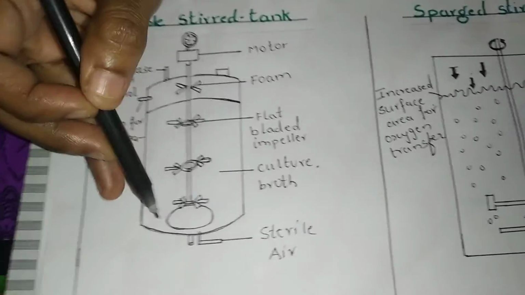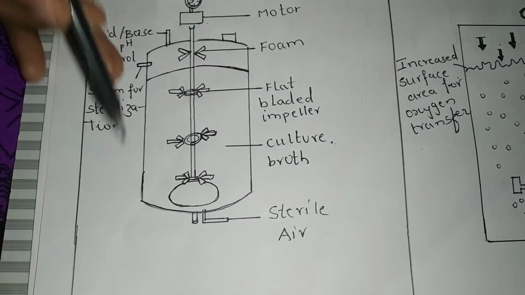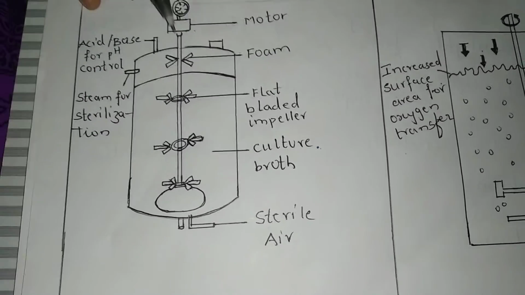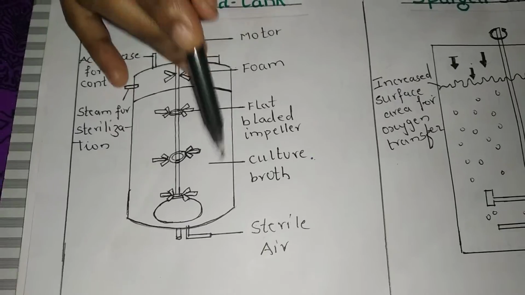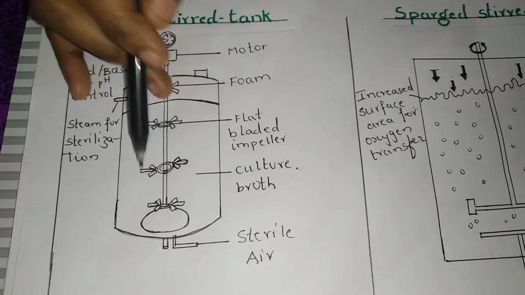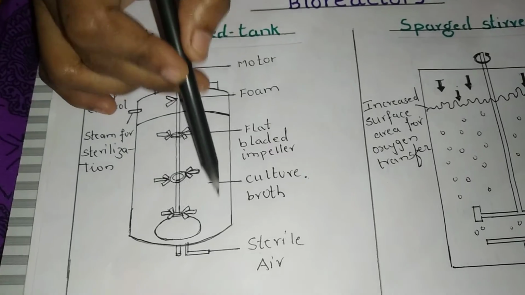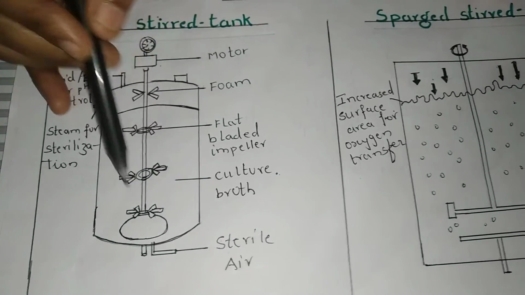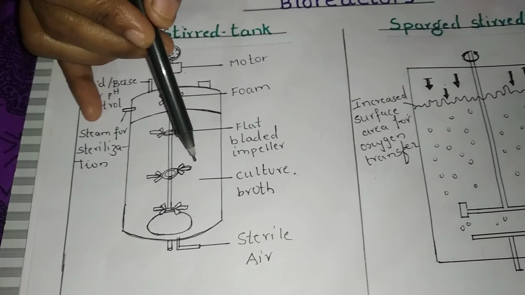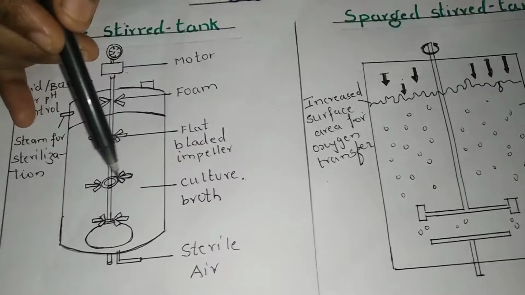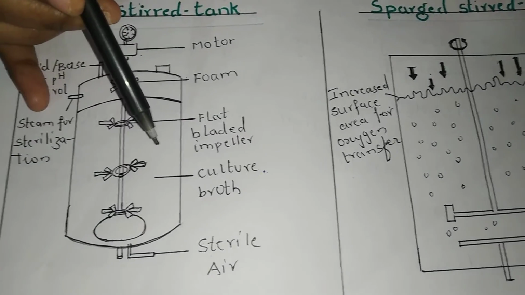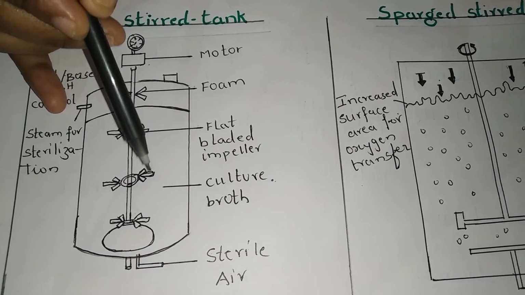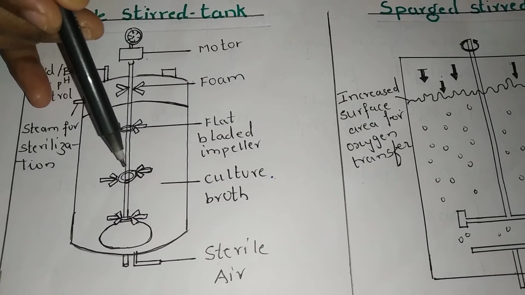The bioreactors will be cylindrical in shape and they will have a round base here. And then they will have one agitator, which is useful for mixing, and the oxygen will be evenly available. This we call the culture broth. In this culture broth, there will be continuous thorough mixing, as a result of which, by using human cells or plant cells or bacterial cells, the raw material will be converted into products.